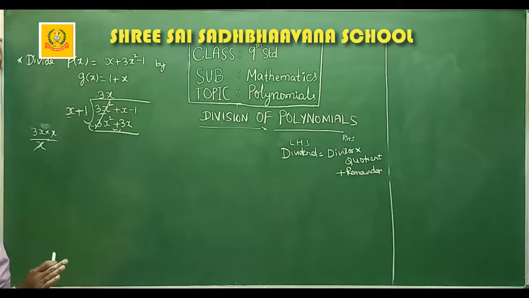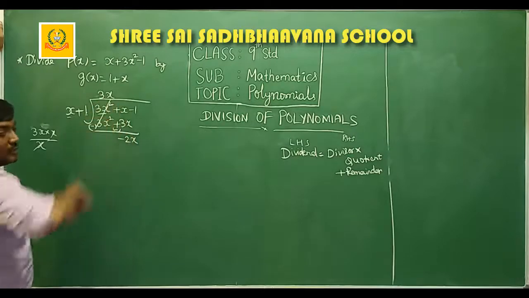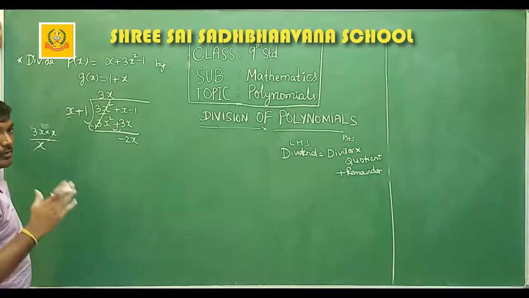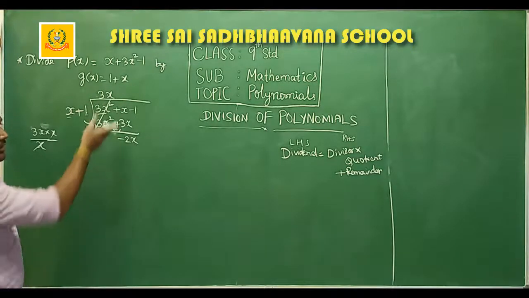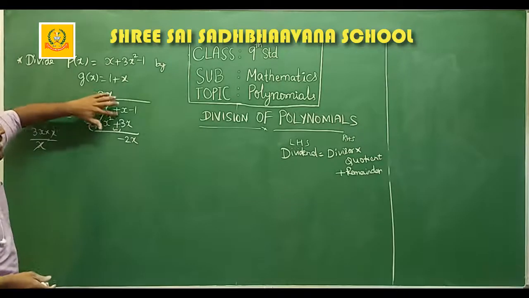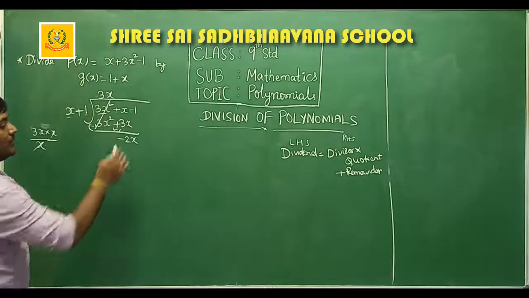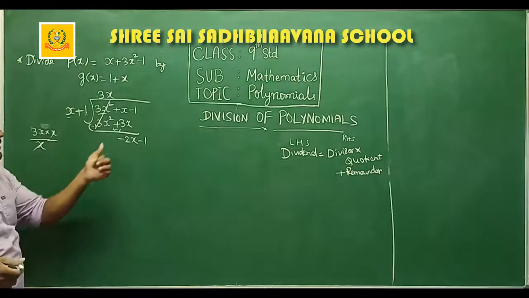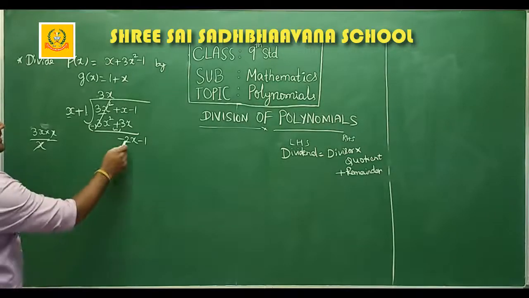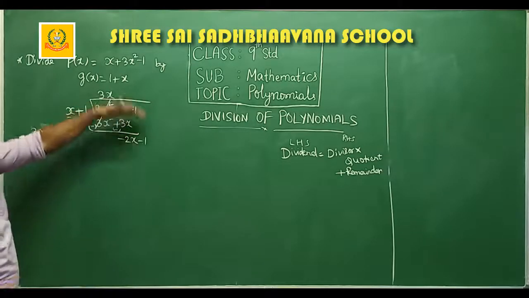It is just like 1 minus 3. X is just the coefficient, that's all. What is 1 minus 3? Minus 2. And x is the coefficient, it will not change. Only the numbers are subtracted, and the coefficient you just multiply. So 1 minus 3 is minus 2. Some people will write plus 2. I'm not saying that everybody will do that, but usually they commit a mistake. So you should be very careful with the sign here. So minus 2x minus 1. And we are just taking the upper one, the minus 1, down.